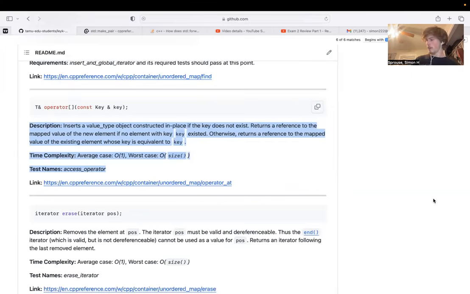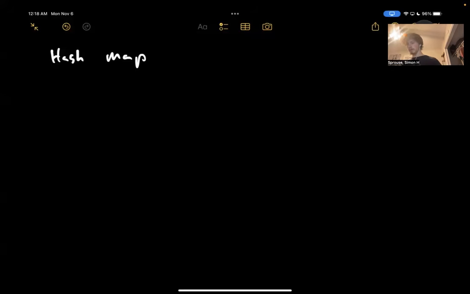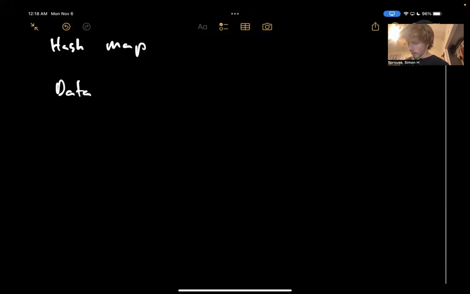Okay. So for the next part of the review, this was the technical doc speed run. The next thing I want to do is actually draw out what is happening in the hash map and make some visual sense of what's going on. So I'm going to draw some pretty pictures. Within a hash map, we are going to store data in a specific structure, hence the name data structure. So if we have data, which in this case I'm going to say is represented by a key-value pair,